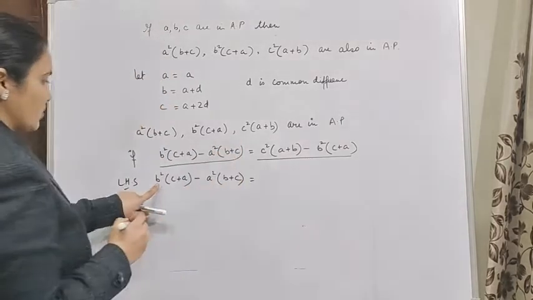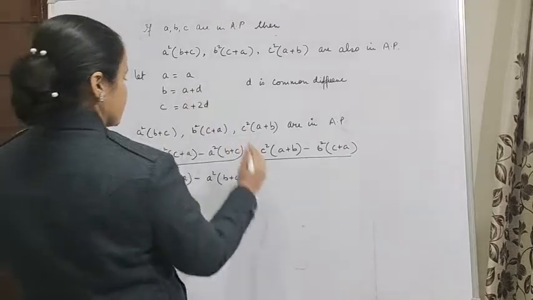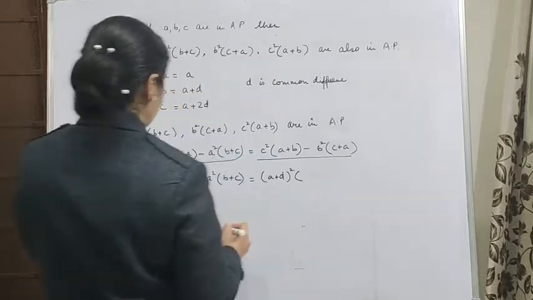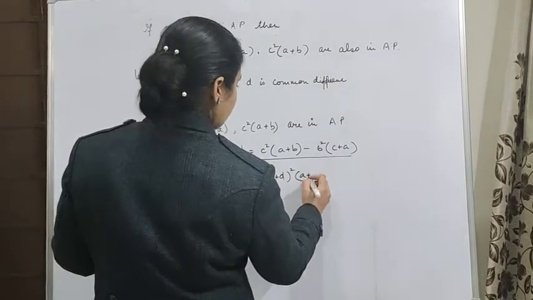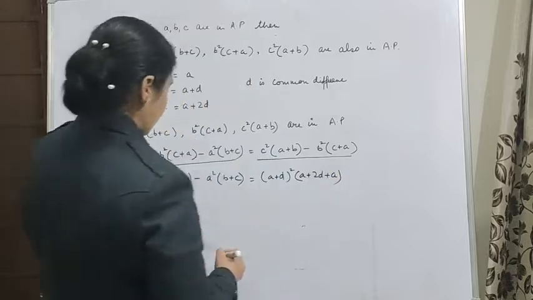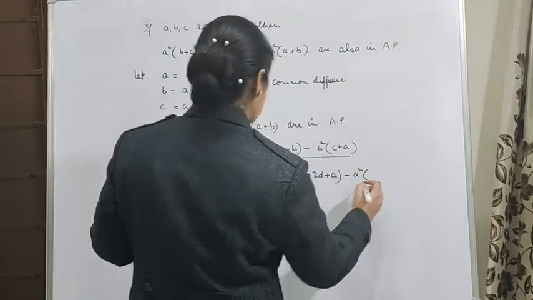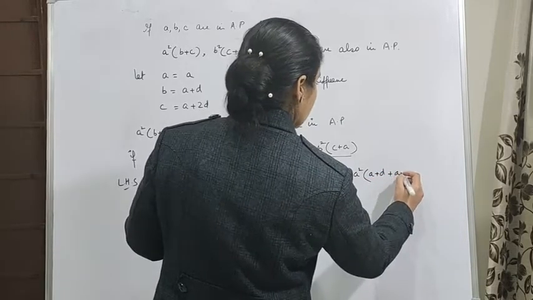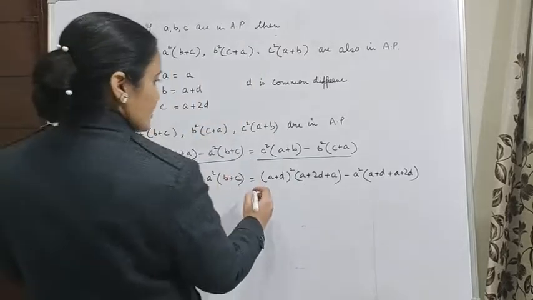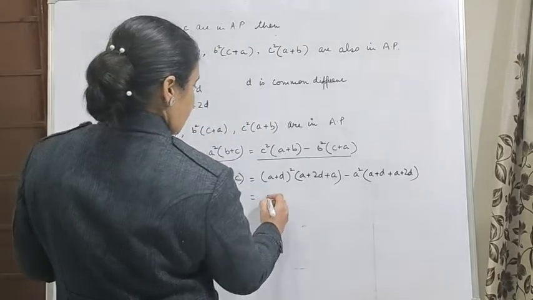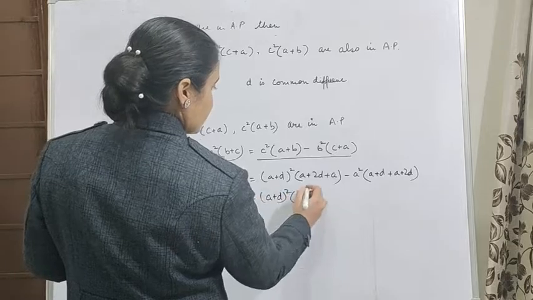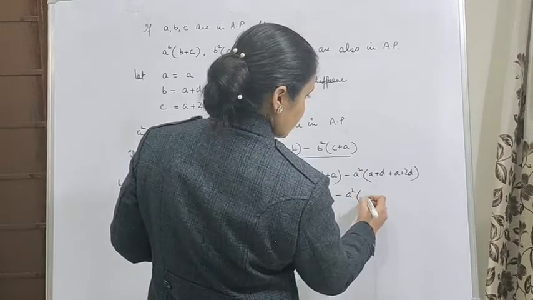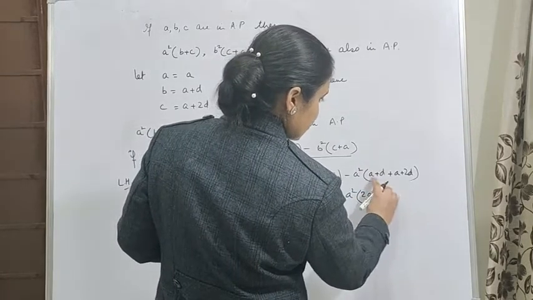So this is equal to, put value of b square as a plus d whole square. Put value of c as a plus 2d, plus a minus a as it is. Put value of b as a plus d and c as a plus 2d. So this will be equal to a plus d whole square, 2a plus 2d, and this is minus a square, 2a plus